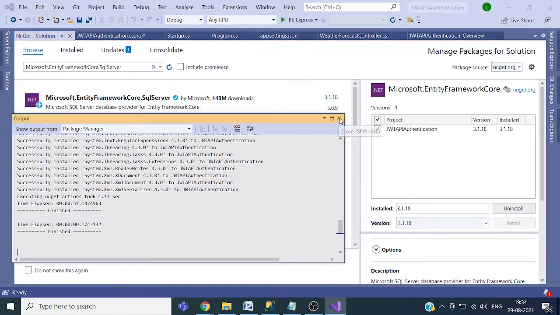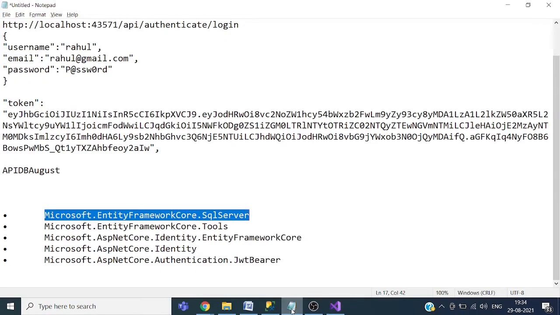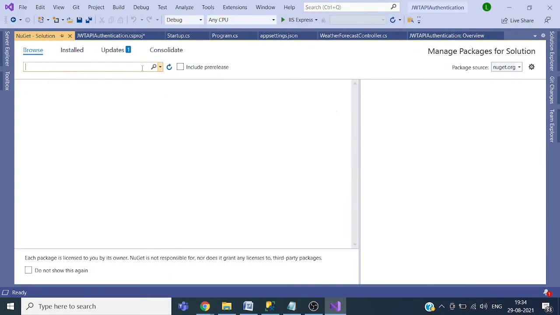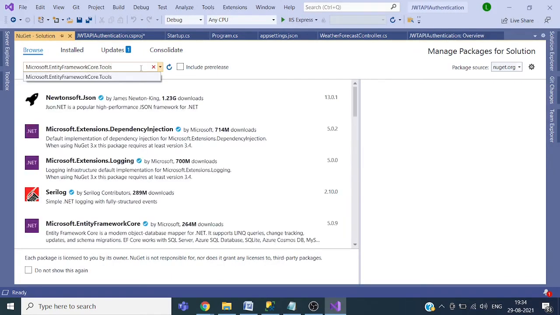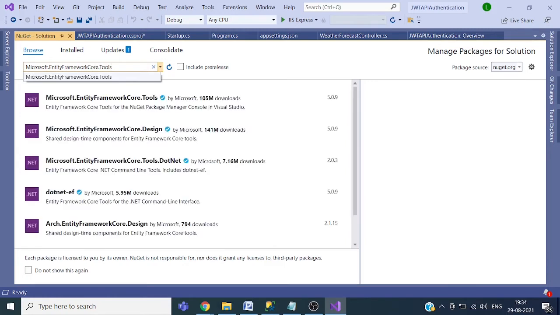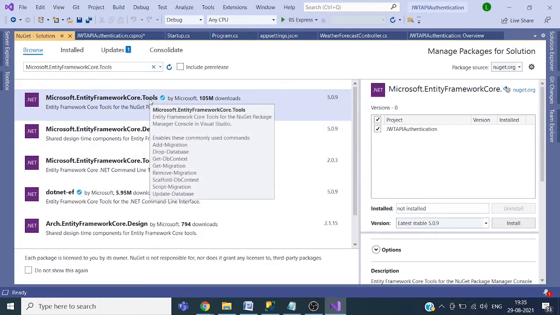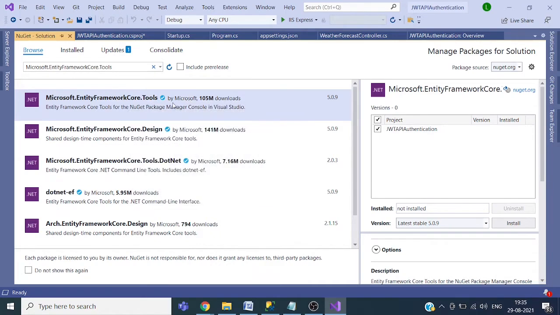So this is installed. Now move to the next. This is used for adding the migration and updating the database.